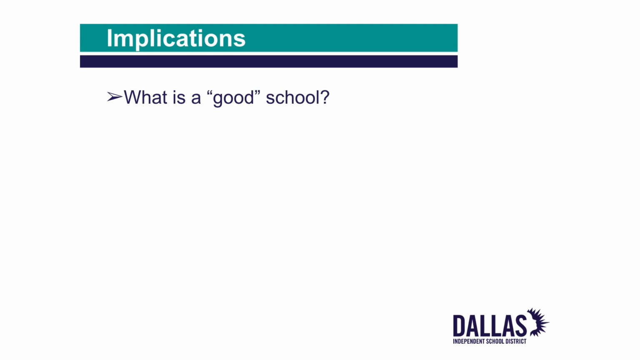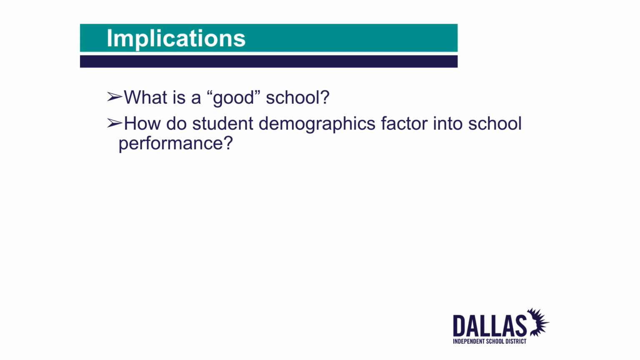So we want to ask this question: what is a good school? Is a good school the Highland Park where no children are experiencing adverse childhood experiences, or is a good school a school that may have many students experiencing adverse childhood experiences that helps them beat the odds? What impact do student demographics have on school performance? Things like, how do we think about whether schools should be rated A through F? Which schools are likely to receive A's and which schools are likely to receive F's,